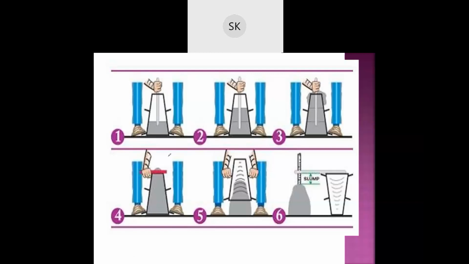Now they have measured the slump height. They have inverted the slump cone with its top surface and with this level they have measured. So from this to this is your slump height. This will let you know how workable your concrete is and what the type of slump is. Okay, how to measure the slump, just see.